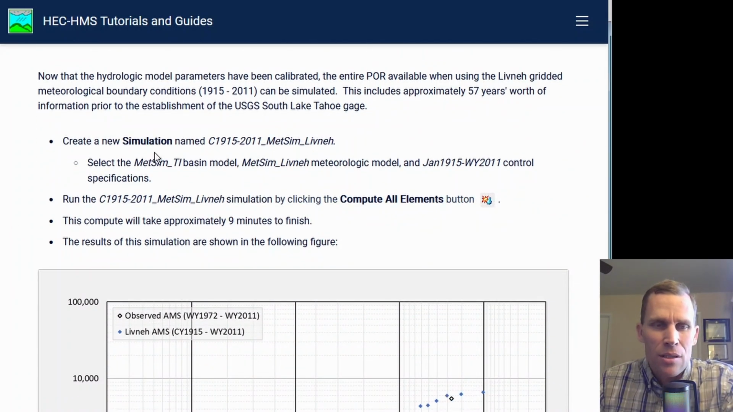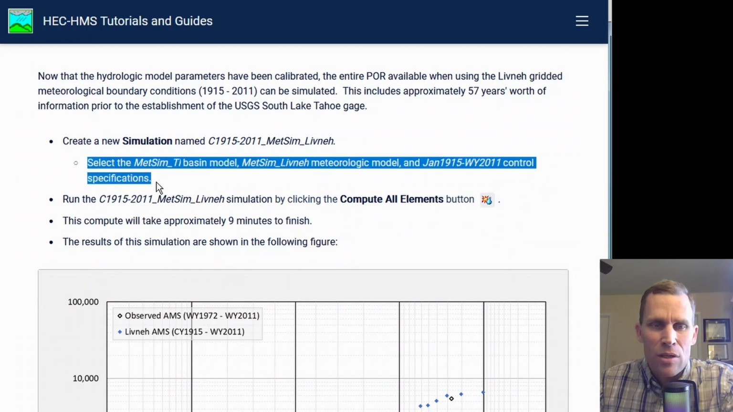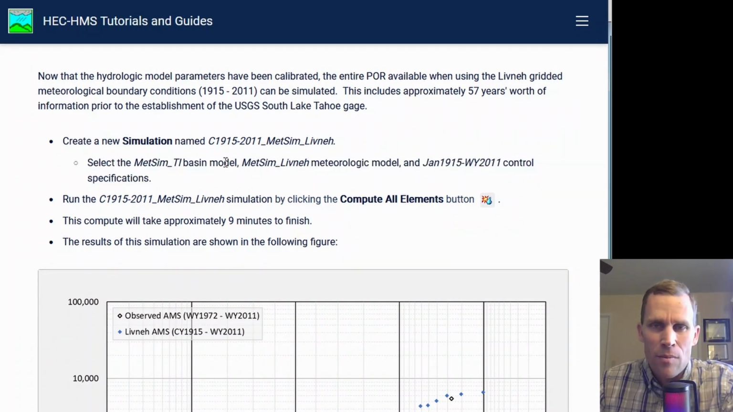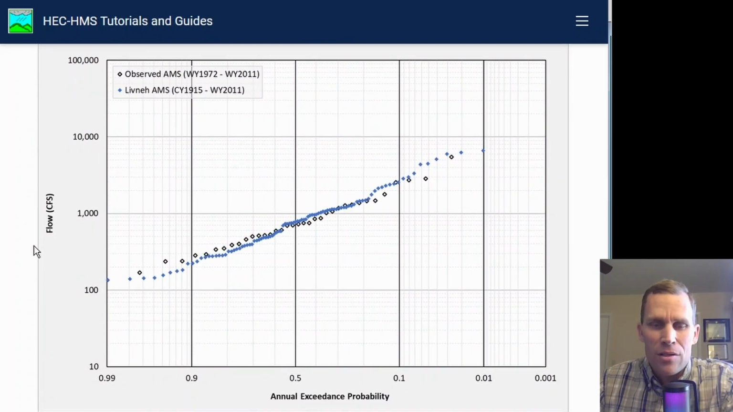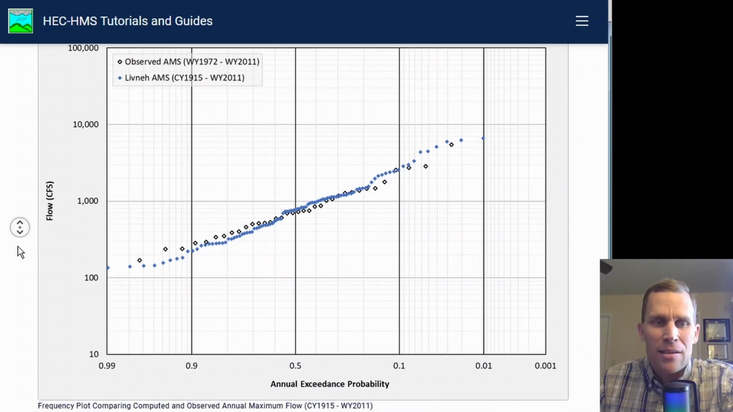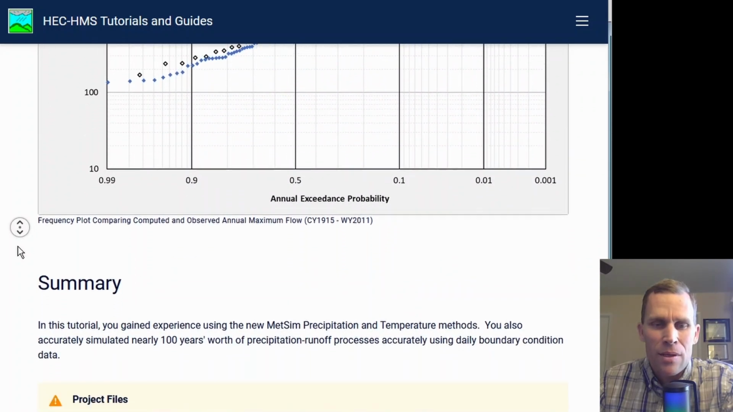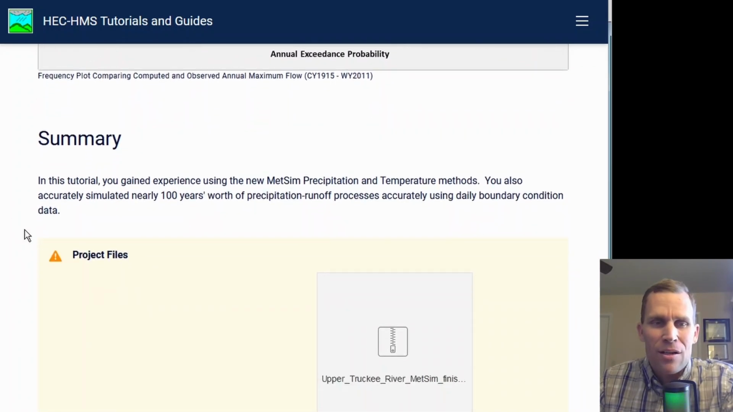Create a simulation, and then make these selections when you create the simulation for the basin model, met model, and control specification. By all means, go ahead and do that. It's a similar process to what we just did, and you can obviously compute the results, copy the results to Excel, and create some pretty cool plots. I'm not going to do that. It takes about 10 minutes to run the simulation, but I will just stop right there and just say that